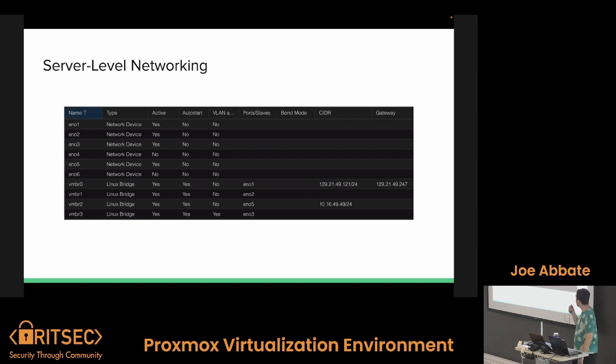Networking. Proxmox can be kind of complex depending on what you do with the networking. What it does is it tries to avoid you using the actual bare metal interface and use Linux bridges, which come up as VM bridge or VMBR, and then those bind to ports on the physical system. For example, here, VM bridge 0 is a bridge to EN01, and it has its own IP, so Proxmox can be accessed from